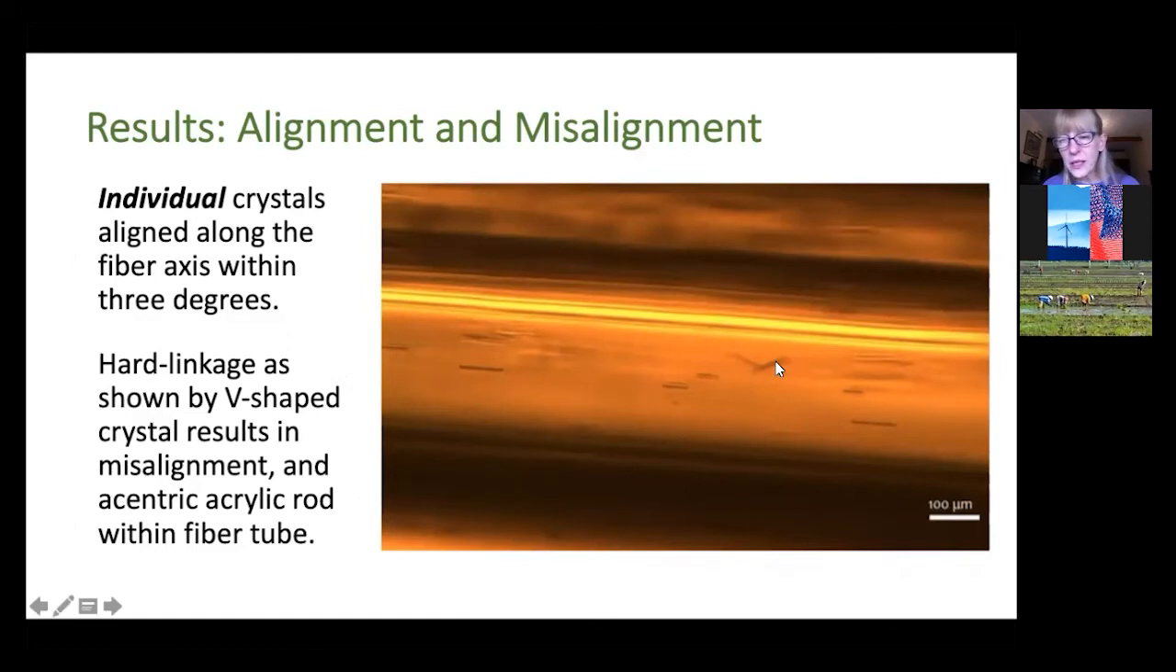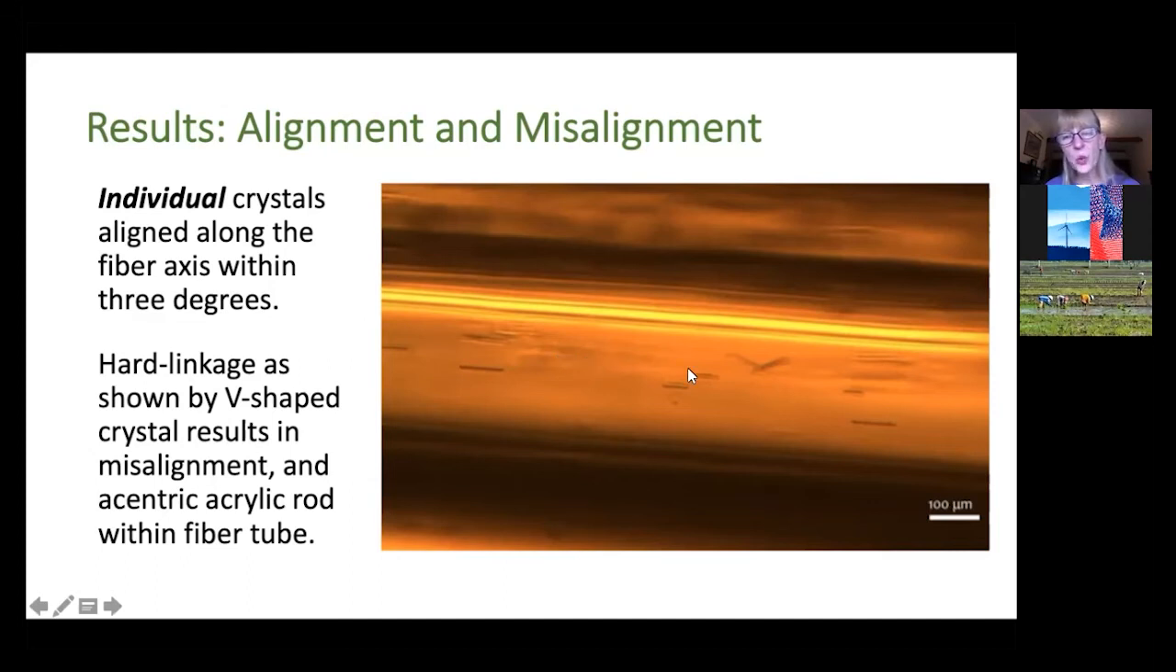But notice here, a little bit out of focus is a V-shaped crystal, and that's a hard linkage. That is not well aligned, and it's because of its geometry. Such a crystal would also result in some eccentricity. And here we need to look at this effect a little bit further, deeper, but